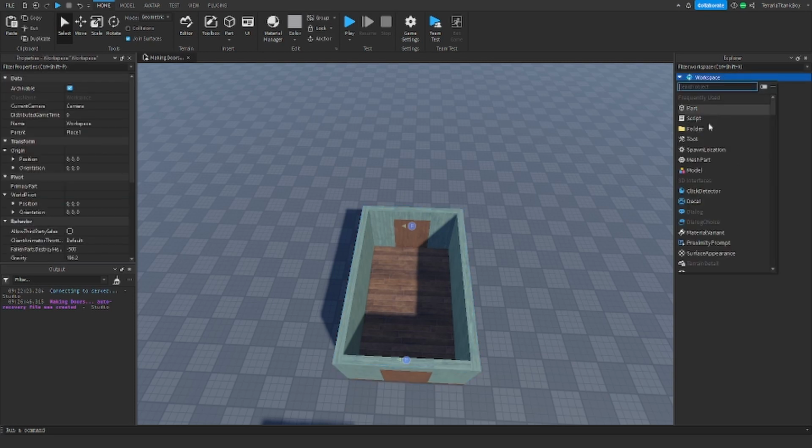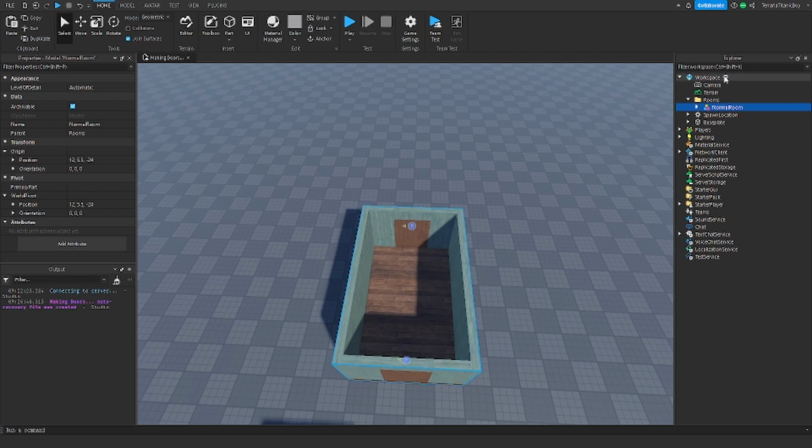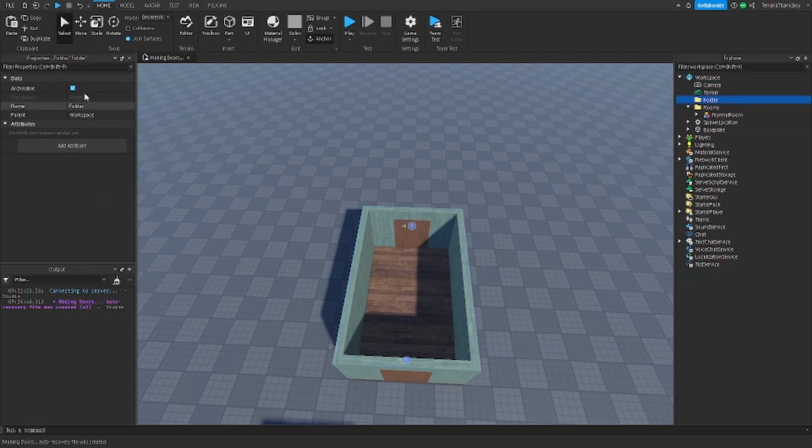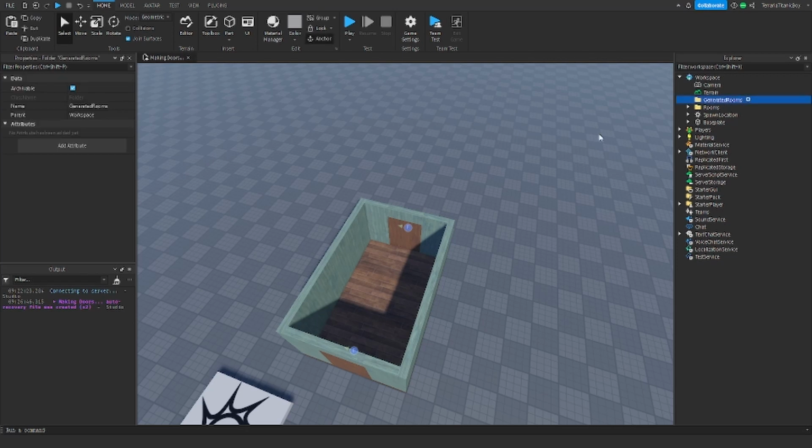Now we're going to make a folder for all these rooms to be put in. There we go, and now we're going to have another folder, and these are going to be the rooms that have been generated. So it picks a room out of here at random, and then puts it into